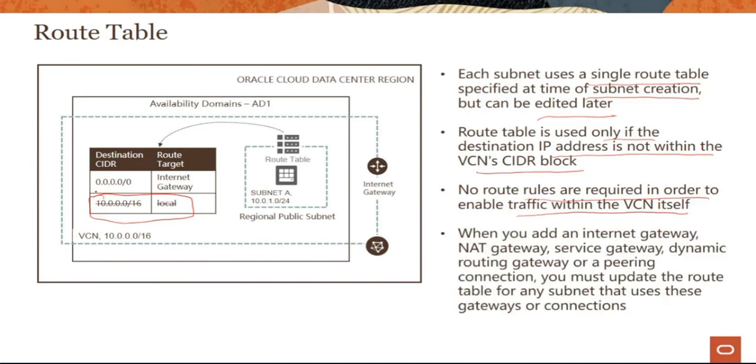When you add a gateway, whether it's an internet gateway, NAT gateway, or a different kind of gateway, you have to update the route table for the subnets that use these gateways. Otherwise, you can create a gateway, but the packets will black hole. They have no way to go to the gateway. It seems pretty logical, but that's how the route table works. So having looked at route tables briefly, let's talk about the different gateways which are supported in the